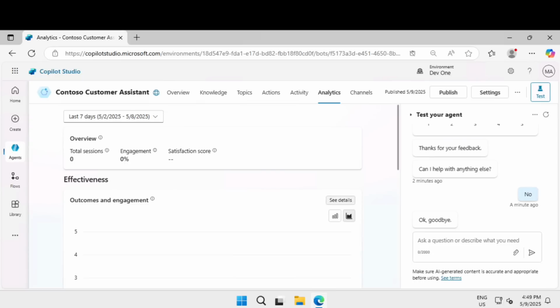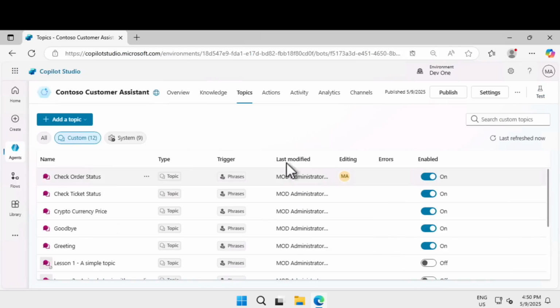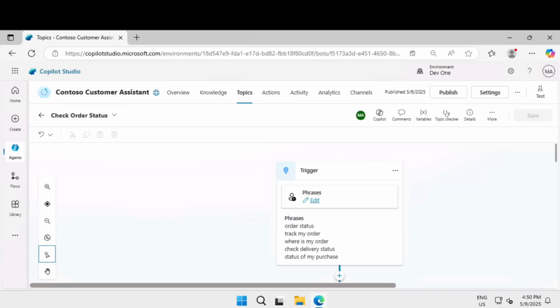Now let's go and review the topics a bit more. So I'm going to go back to the topics. Let's remove the test option so we get more real estate here. Let's select a topic, check order status. All right, so I'm going to help you understand a few things over here so that we understand all the components